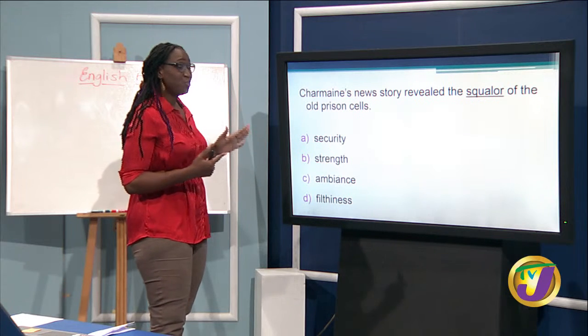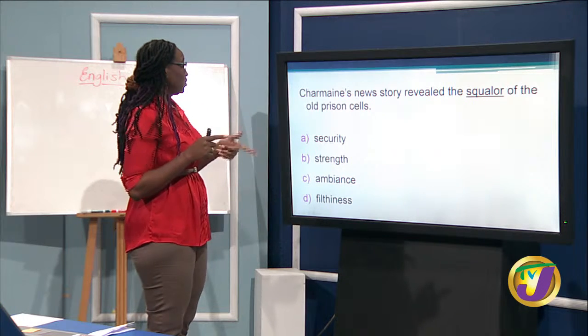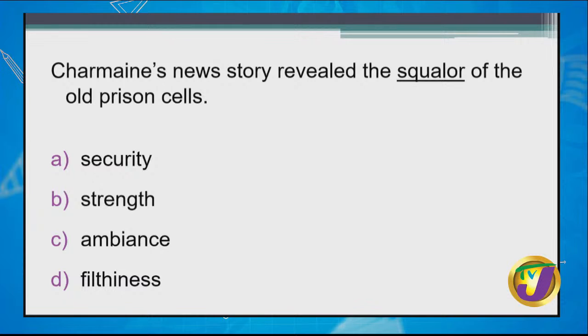So of these four, which one do you believe conveys the same meaning as squalor? So you have security, you have strength, you have ambiance, and you have filthiness. Revealed the squalor. Because it's prison cells, you might be thinking, security looks like a good option. You might be thinking, prison cells, strength is a good option because the cells should be strong. But remember, it says old prison cells. Ambiance,